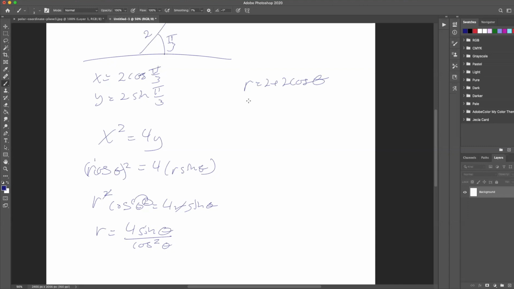I honestly don't remember the names of the limaçons, the cardioids, I just graph the things, right? So here we have one of these. So going from here, how do I do this? Well, r squared is equal to x squared plus